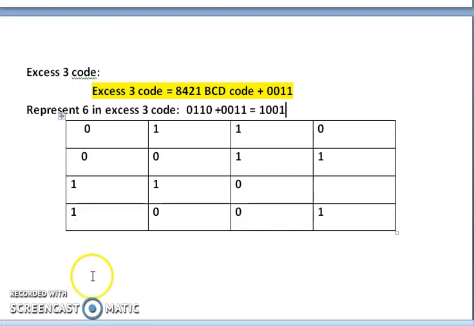For example, represent 9 in excess 3 code. So how to represent 9?